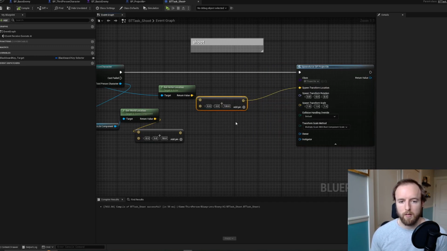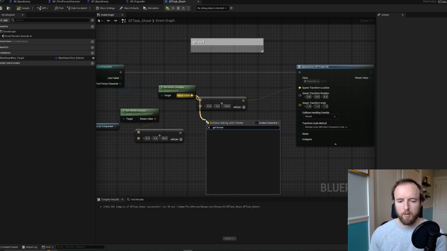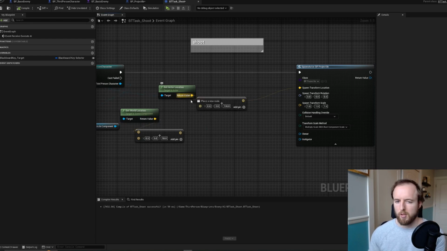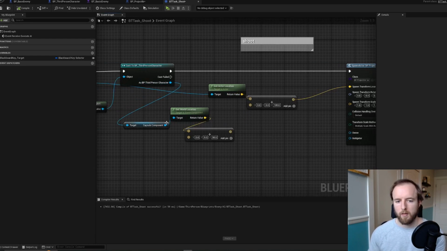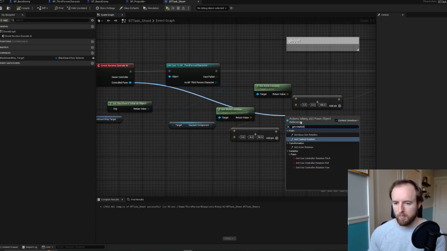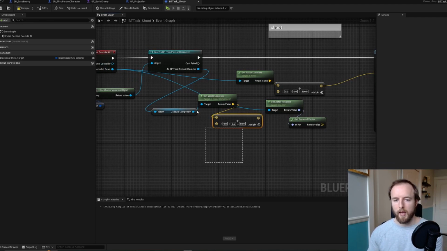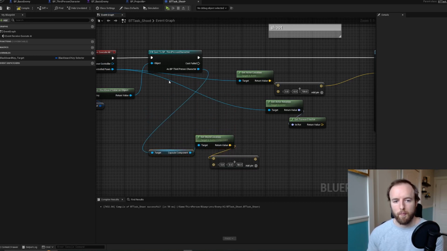So hate to do this, but let's get forward vector. Get forward. Get rotation? Can we get rotation? Get actor rotation. Make forward vector. I know this is a little extra. Maybe not make. Get forward vector. Okay. This is a little bit extra, but to spawn the arrow